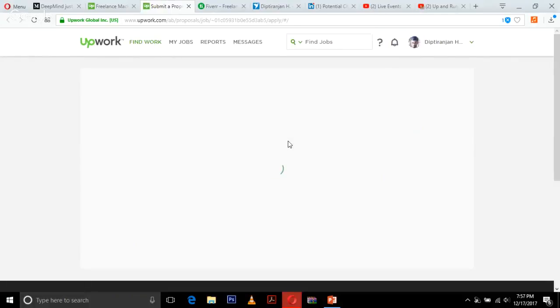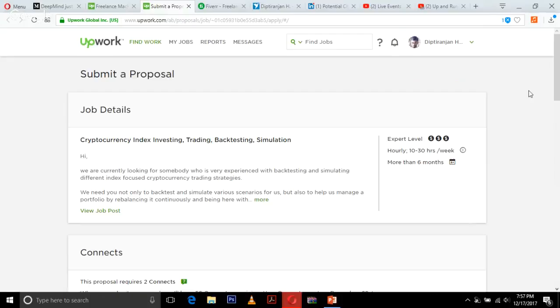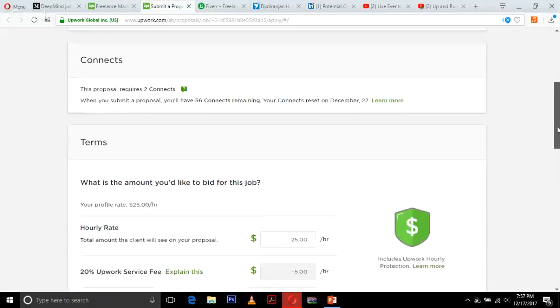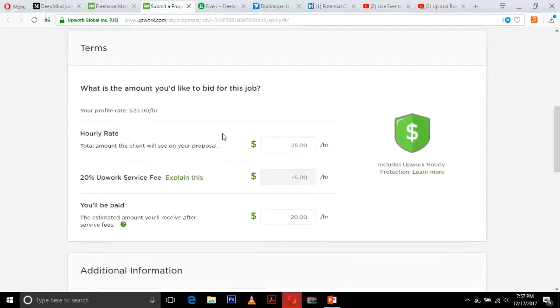So this system is very much the same in freelancer.in also. You have to put up a proposal along with the bid. So here is what I'm going to say. These are the things that are required, like what is the amount you would like to put. And I'm just saying that, okay, since I mentioned it's $25 per hour, by default it's going